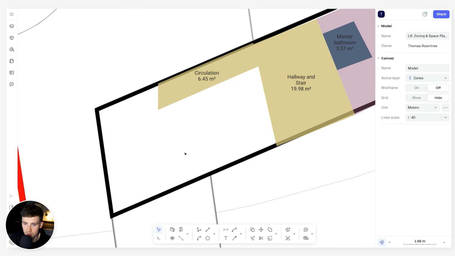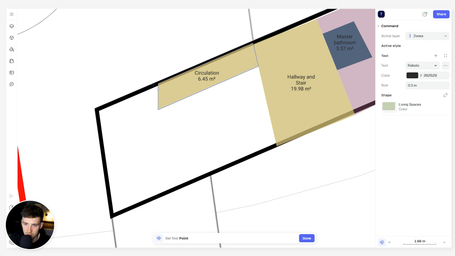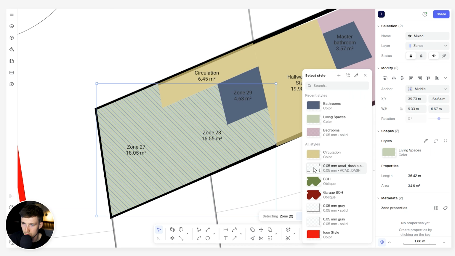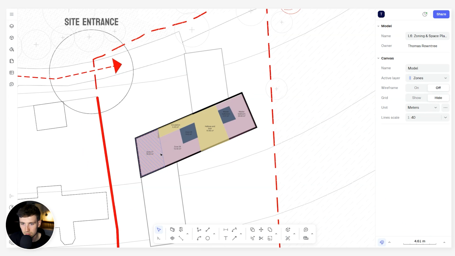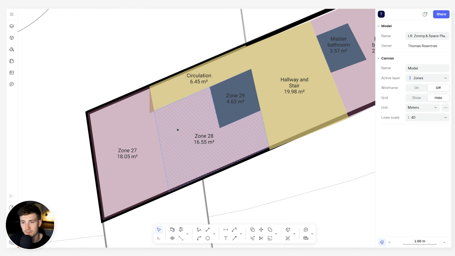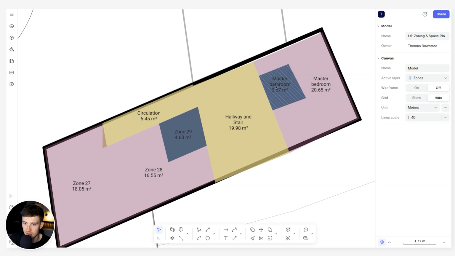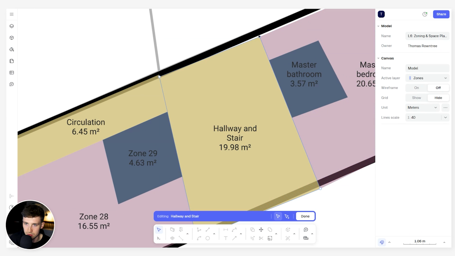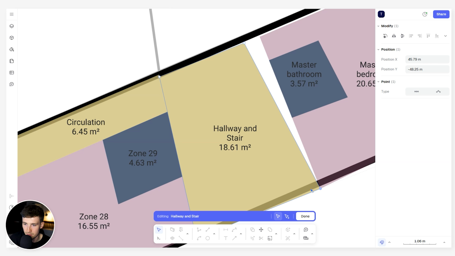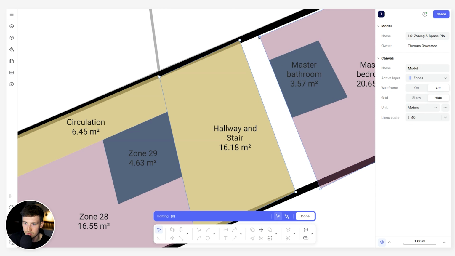And then on this left hand side, we have potentially two rooms and a bathroom for both. So you could have a room on this end, and these could be bedrooms, roughly speaking. Now, once again, this would be a process of iterating through, working through these sizes and adjusting them. As you can see here, the master bedroom probably should be slightly bigger. So therefore, maybe we could reduce this living space here, and maybe we could increase this master bedroom